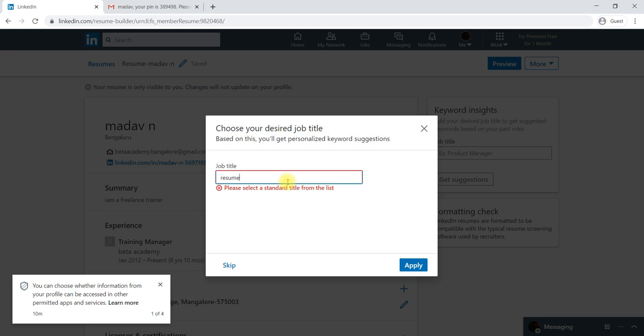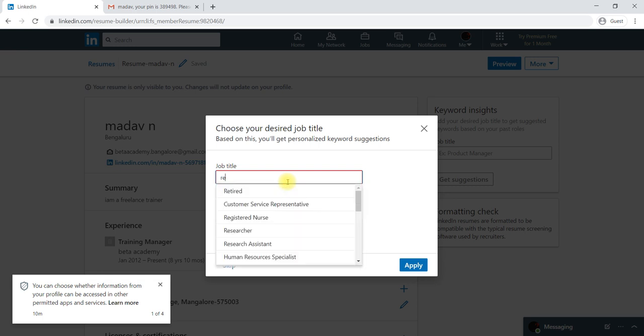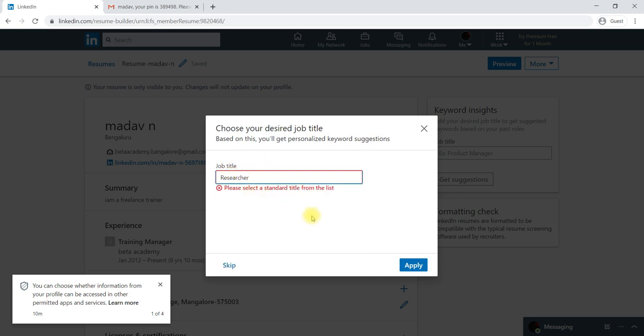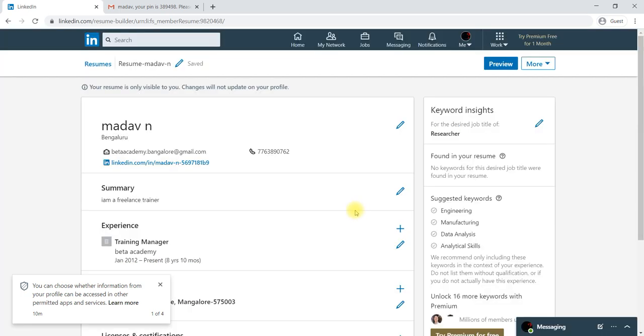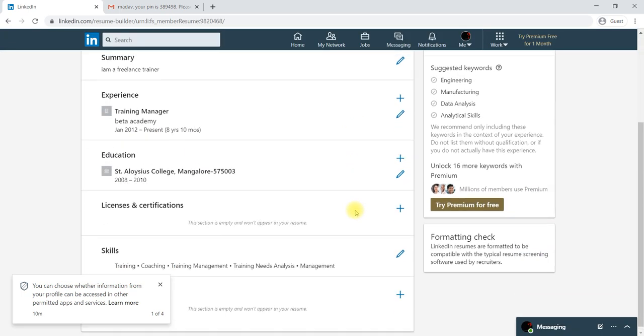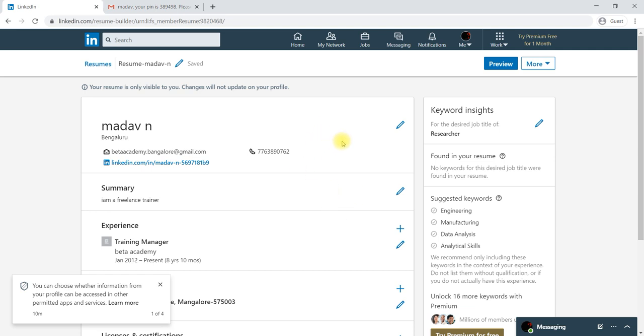You can give the job title here itself, and apply, so that it will be applied as a resume. It has been created as a resume, and it has been shared with your contacts.